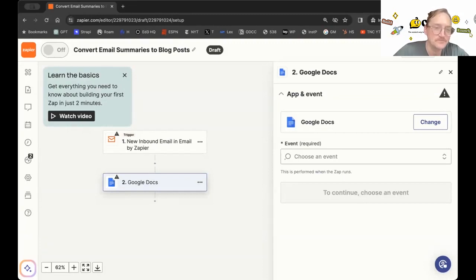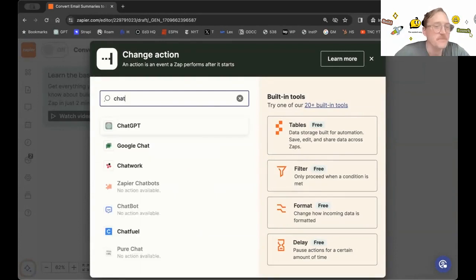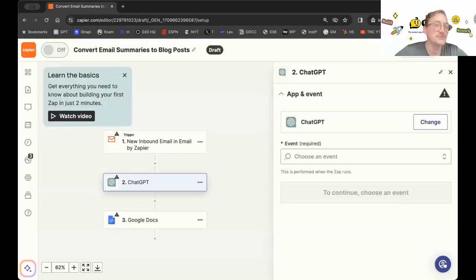So if I need to add a little flavor to it, what I want to do is add a step in the middle. And this is going to be where AI comes in, right? So what we can do is we can add ChatGPT as a middle step to take our text or our audio, transcribe it, improve it, change it, whatever it might be.